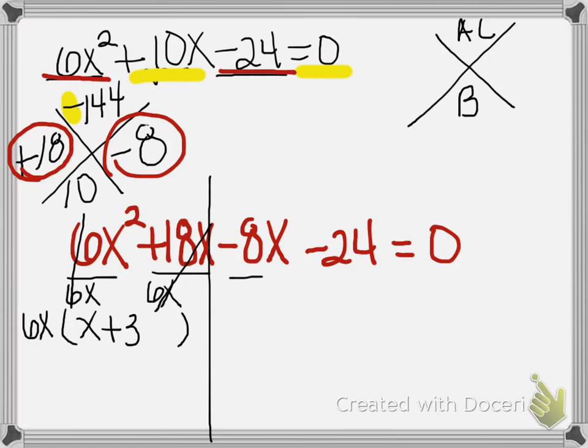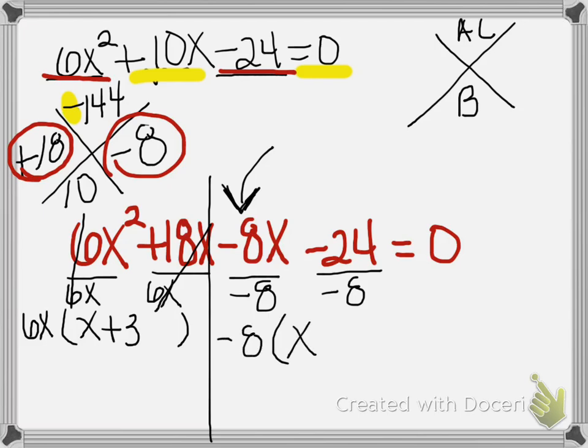Let's look on the other side. What's our greatest common factor here? Well, an x doesn't go into both, so it's just our negative 8. And you want to always divide by a negative if this first part over here is a negative. And if it's positive, you can divide by positive. It'll make your factors work out really nicely for you. Our negative 8s will cancel, so we'll have x, and our negative 24 and our negative 8 will get us